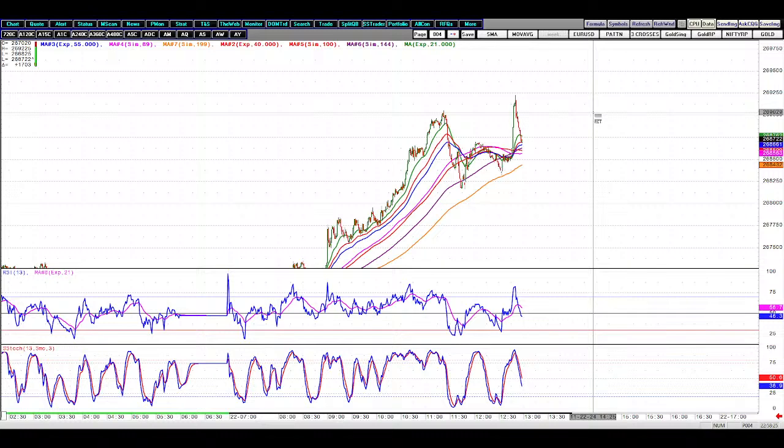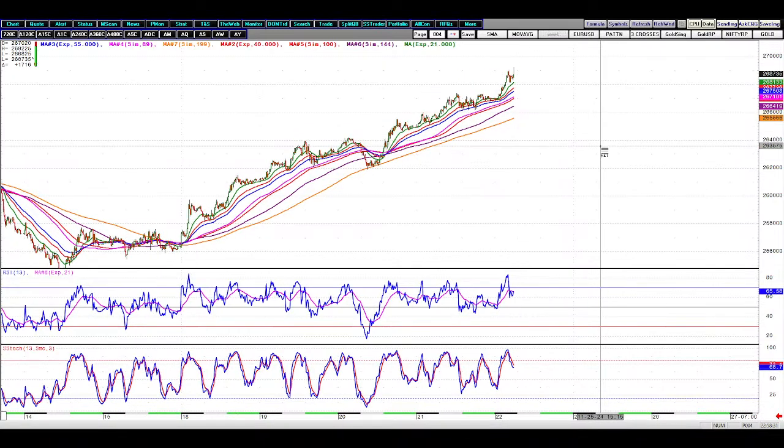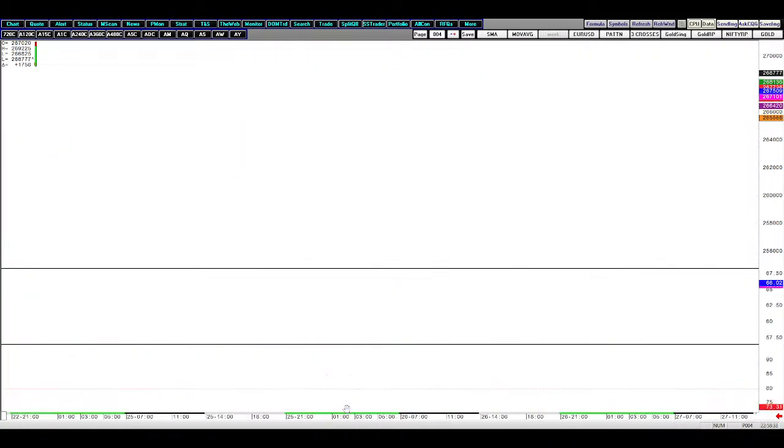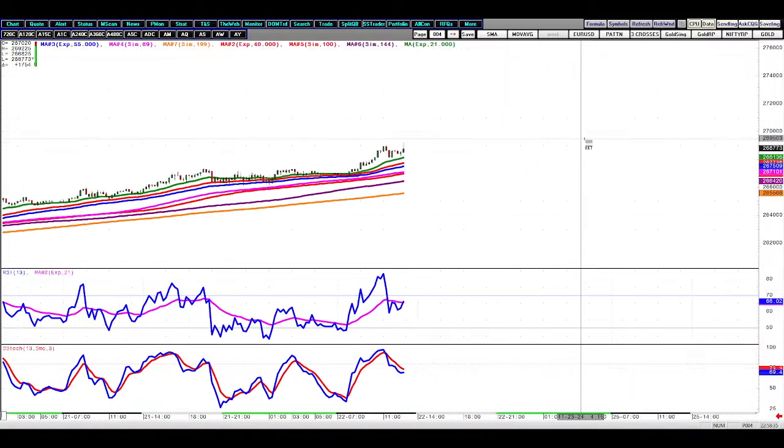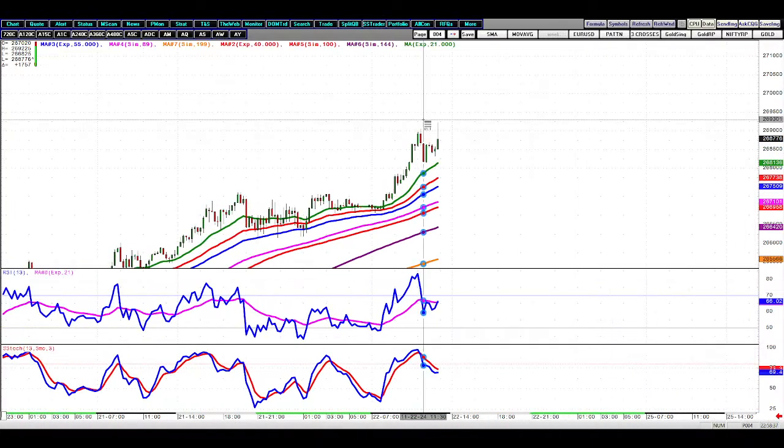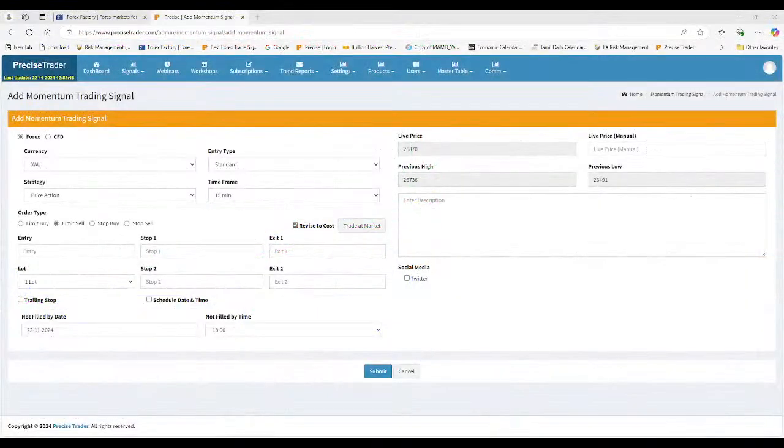Okay, let's try to enter at... because if you notice, if this is a genuine strength, we should see the price holding above this. So what we can do is, since we got stopped out, we'll try to re-enter again. We have no choice, we have to keep on trying until we get it right. So let's get it in.